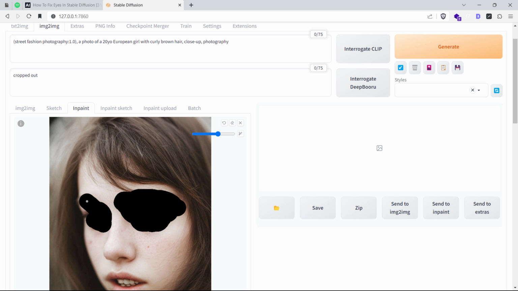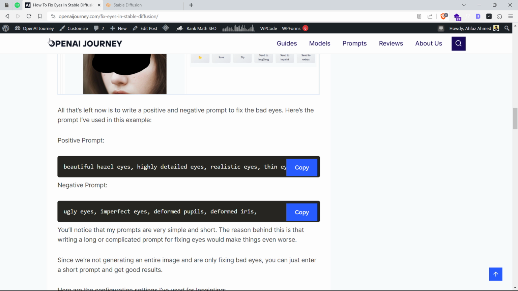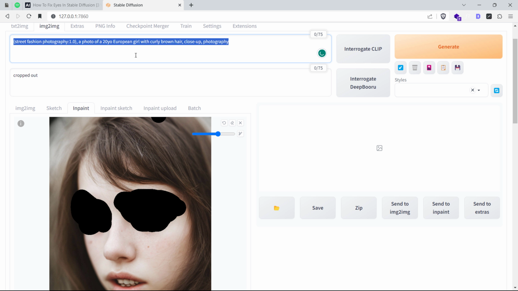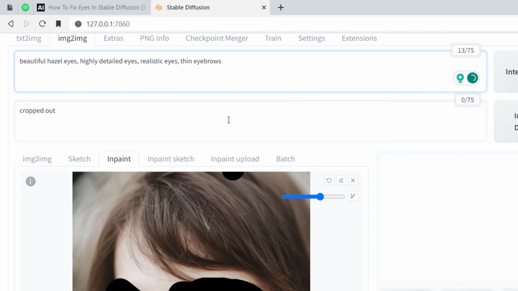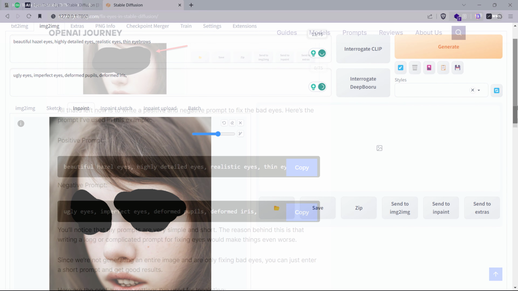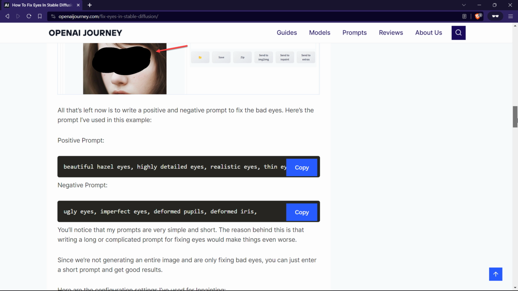All that's left now is to write a positive and negative prompt to fix the bad eyes. Here's the prompt I've used to fix the eyes in this image. You'll notice that the prompts are very simple and short. That's because writing a long or complicated prompt for fixing eyes could sometimes make things even worse. Since we're not generating an entire image and are only fixing bad eyes, you can just enter a short prompt